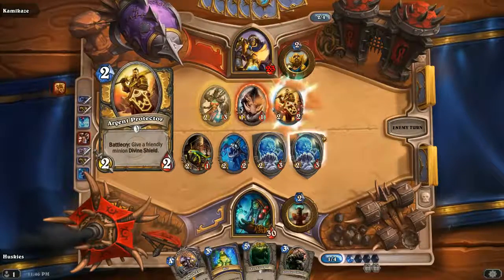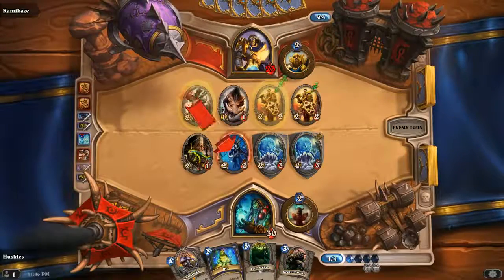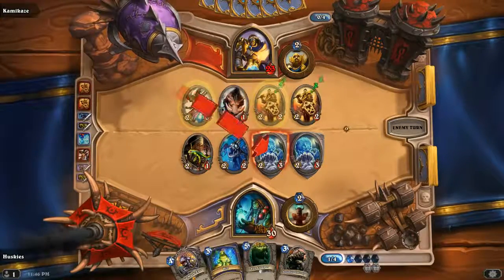So, give a friendly minion Divine Shield. Okay. I think he would have... Okay, he's got... Ooh, he's actually got 2 of those guys. Very cool. So that's actually going to be good for him. But keep in mind, I do have the taunt here, so he has to attack the wolves there. And you can see he's realizing...